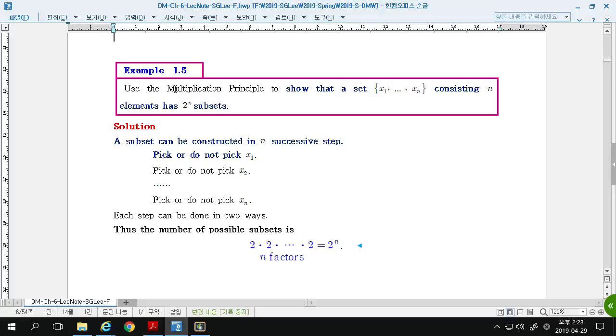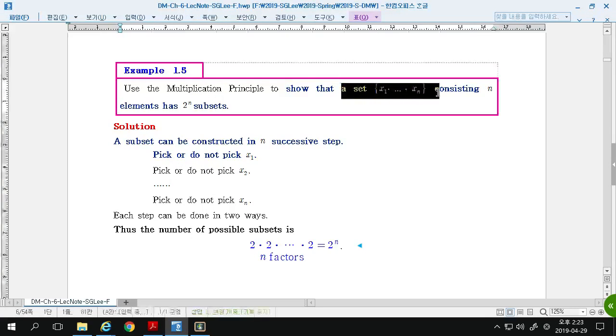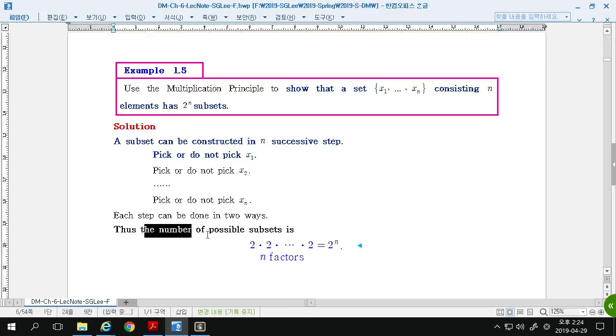Next, use the multiplication principle to show that a set x1 to xn containing n elements has 2 to the n subsets. How? A subset can be constructed in n successive steps. Pick or do not pick x1. Next, pick or do not pick x2, etc., up to pick or do not pick xn. So each step can be done in 2 different ways. So the number of possible subsets is